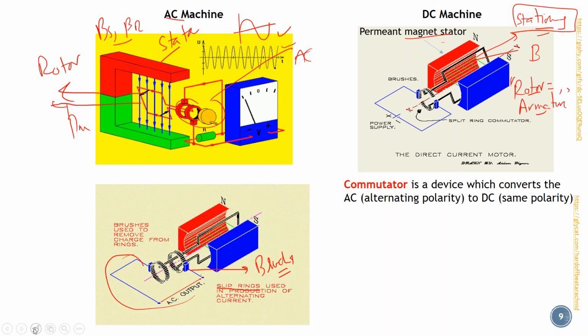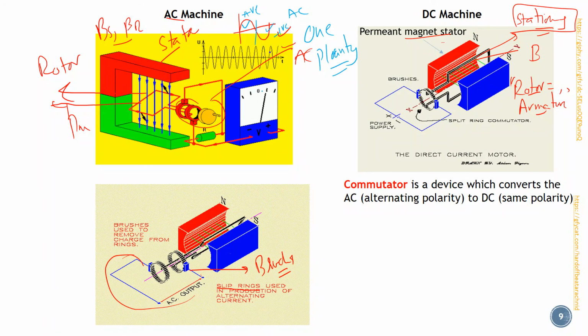In the DC machines we don't need alternating current. This is alternating current, right? For half of the cycle you have positive and then you have negative here. In DC, basically you need just one polarity, and that would be your DC.